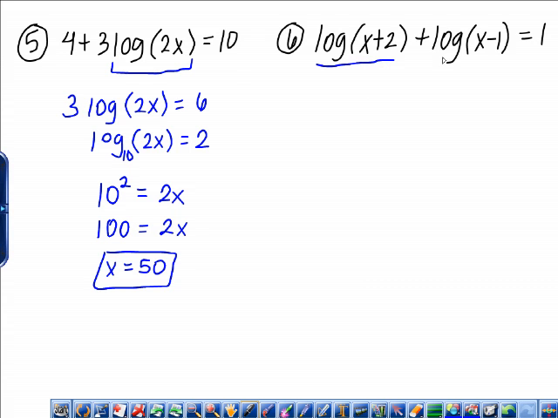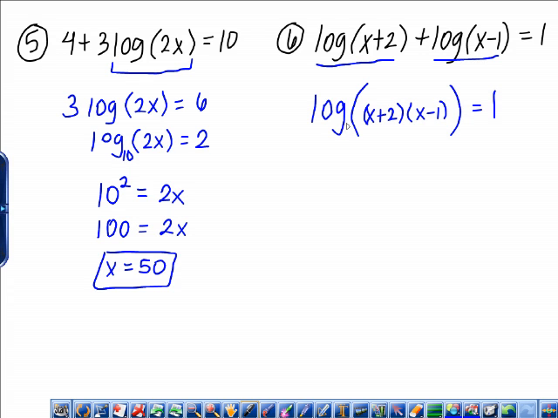I have two logs. I can't isolate them separately. What I need to do is condense them into a single log, and I can do that because they are both common logs. They both have base 10. So what is the rule about adding logs? You would multiply their arguments. So here we have x plus 2 times x minus 1